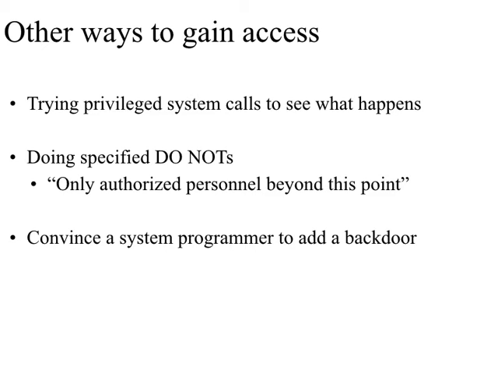There are other ways to gain access. For example, a user may just try privileged system calls to see what happens. If a privileged system call is not properly implemented, then this can potentially expose holes in the system. In addition, if there is a list of things that the users must not do, then the attacker may specifically try to do those things in order to see if there is a potential hole in the system. Or you might use social engineering attacks. For example, you can convince a programmer to insert a backdoor into a